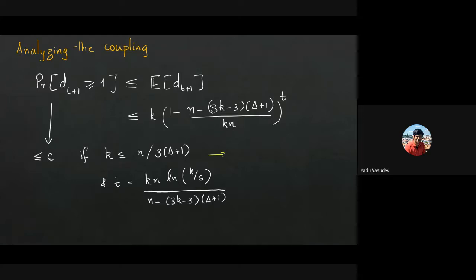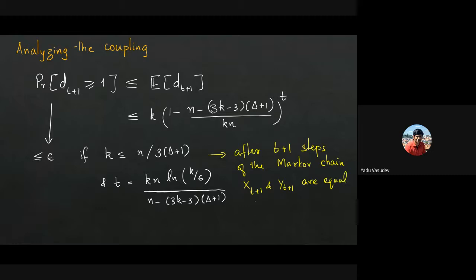What it says is that after t plus 1 steps of the Markov chain, x t plus 1 and y t plus 1 are equal with probability at least 1 minus epsilon, right? So therefore it tells you that this coupling will get the two chains to couple, which means that it will